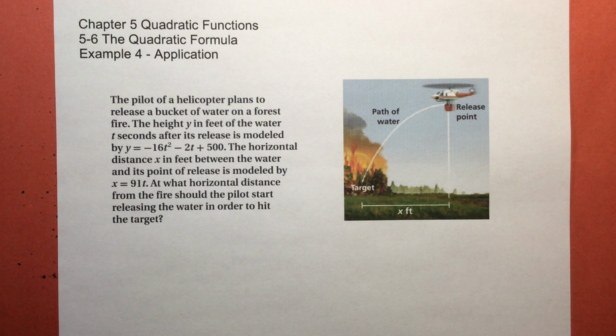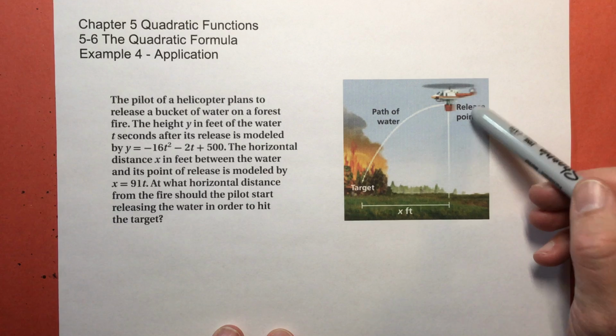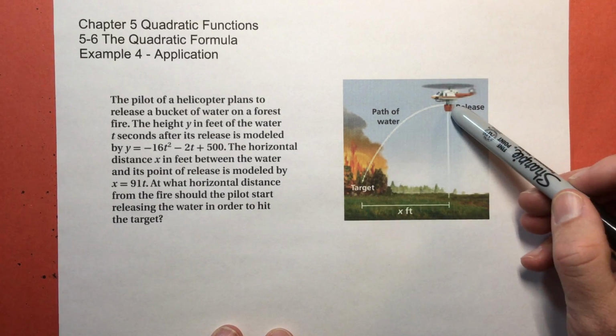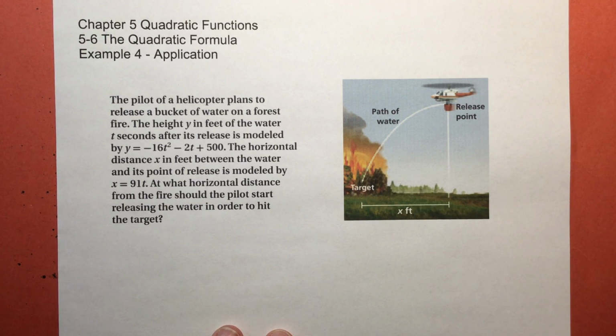In this problem, I'm going to read the problem in a second, but we have what looks like a helicopter, and it has some water. It could also be like a flame retardant. This helicopter is trying to put out a fire. Very, very real problem, particularly when you talk about the fires that have been on the West Coast, and also earlier. I'm filming this in late 2020, so if you go back to early 2020, there were some devastating fires in Australia. Out of control fires in forests are very difficult,